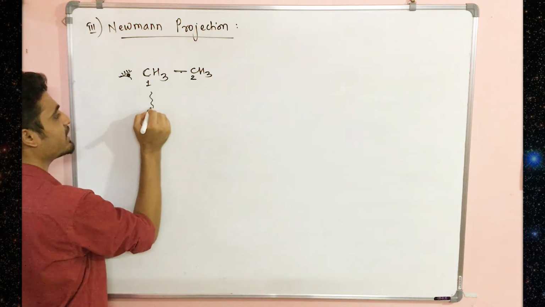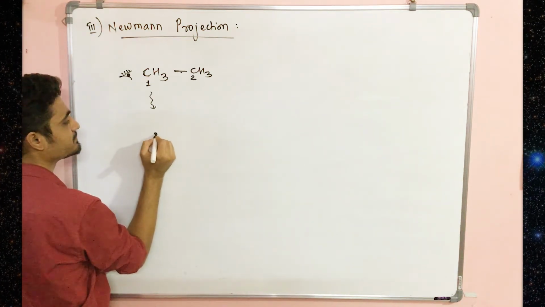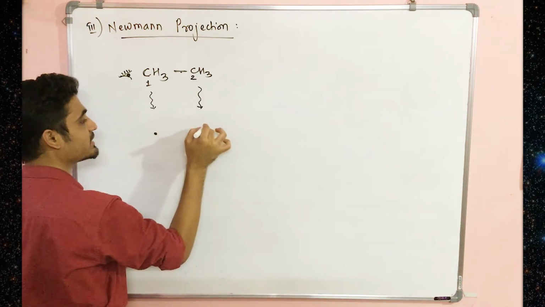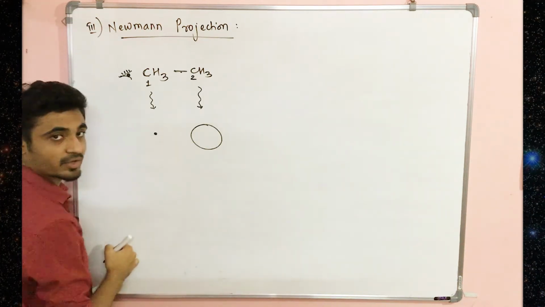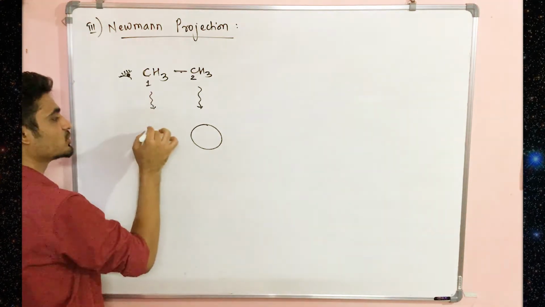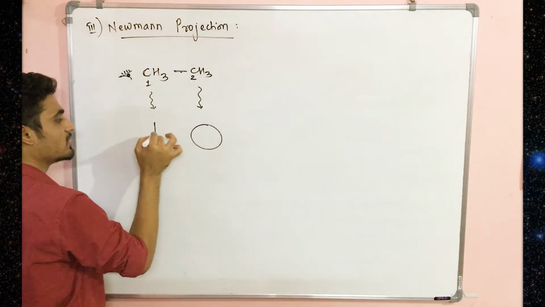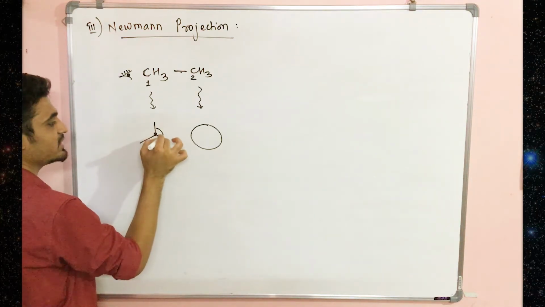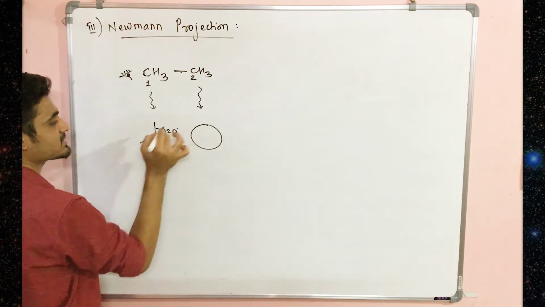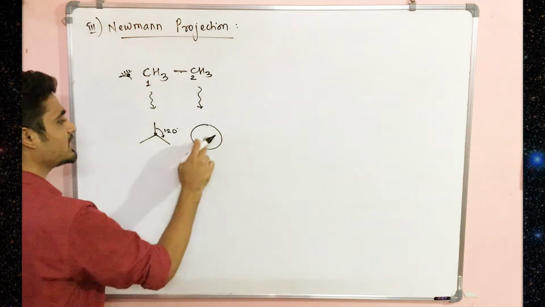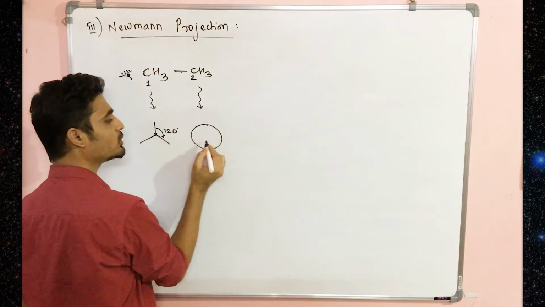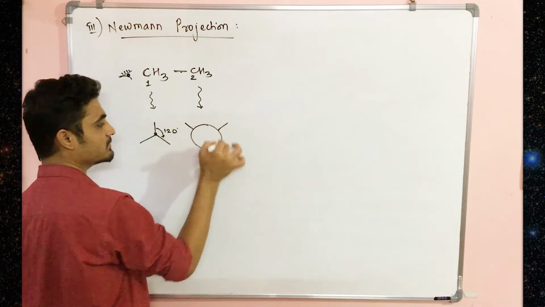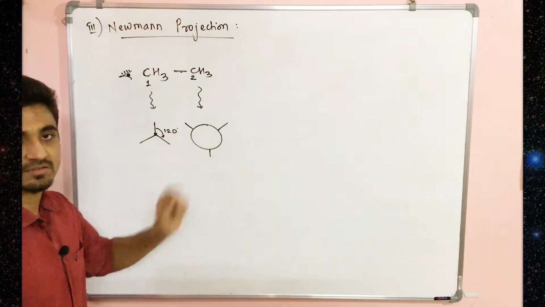atom, the first carbon atom is represented by a dot, and the second carbon atom is represented by a circle. Okay, and the other three groups will be placed on straight lines which are equally spaced, and the angle between them will be 120 degrees. Right? Similarly on this, now while drawing on this, we don't draw from the center, but we draw like this from its circumference, like that.